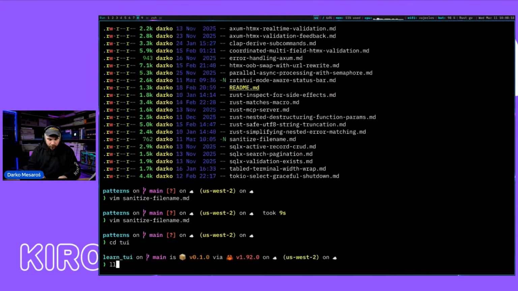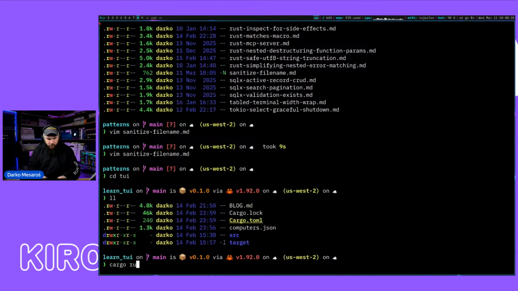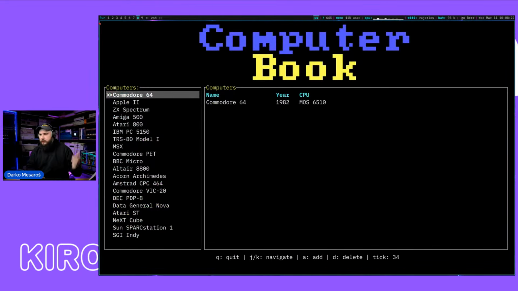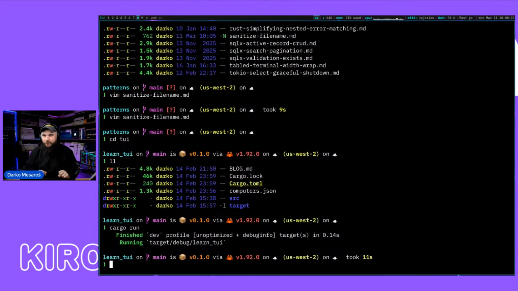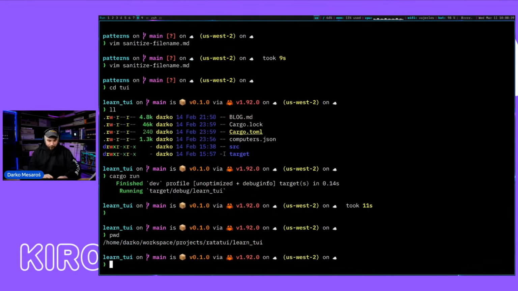If I go to TUI, I have a thing here, cargo run. Let's see. Look, this is a TUI interface. It's very nice and cool. What if I had something like this, but for the patterns? I can do that. And I'm going to tell Kiro to follow those patterns when building stuff. So